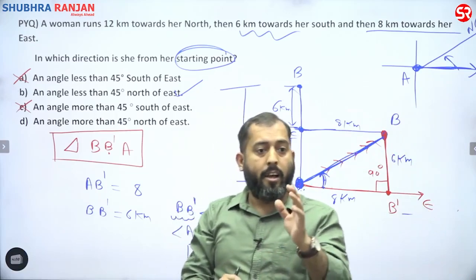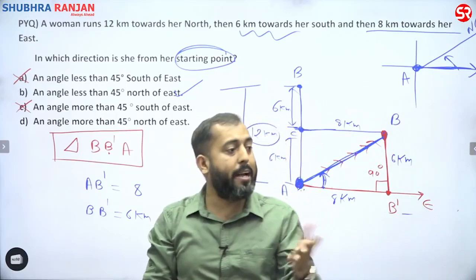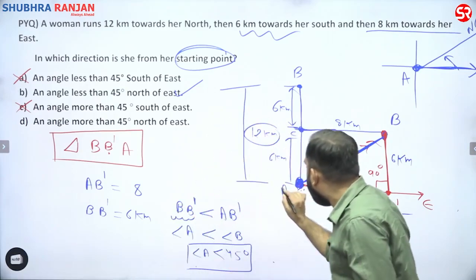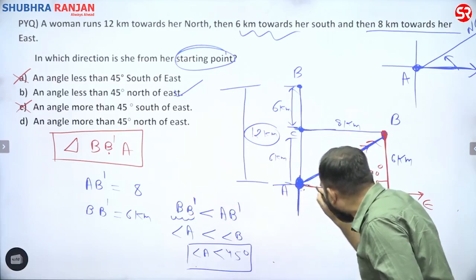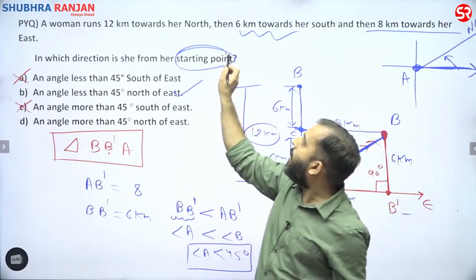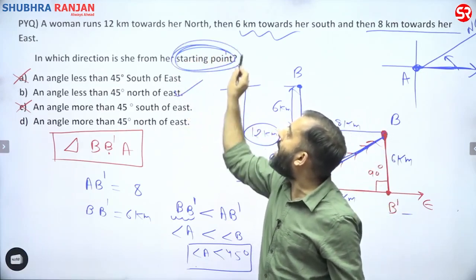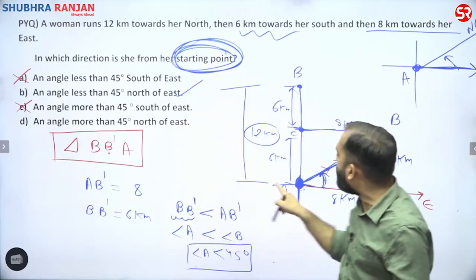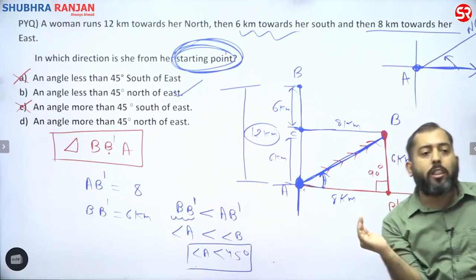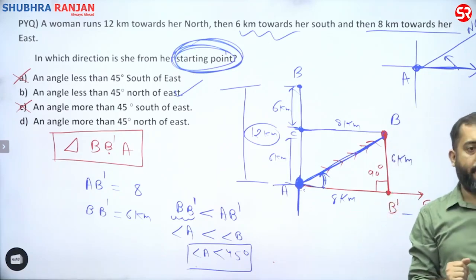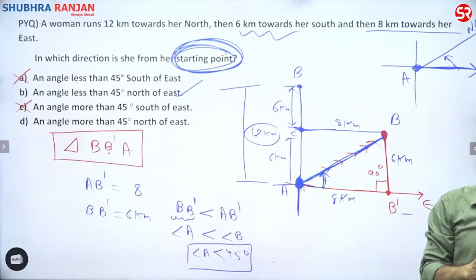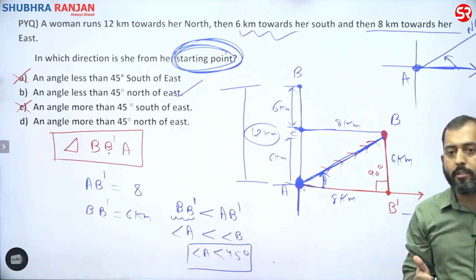Yes. Are you getting this thing? Am I clear? Yes. Is it clear to everybody? So option B is the right answer because the examiner has told us to take this point A as the reference point. So you will calculate all the turns with respect to A. Is this clear to everybody? Any doubt here, guys?